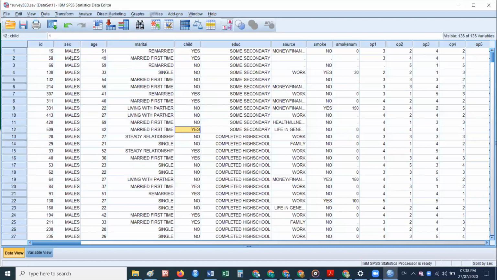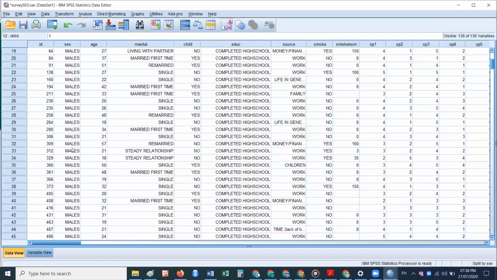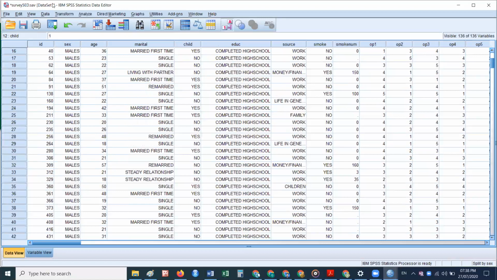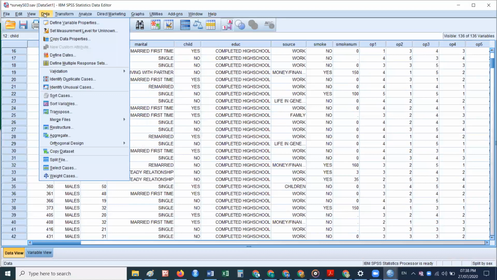Right now I am using the data as ungrouped data, because all the data is there. It is raw data, or ungrouped data. If you want to describe the data with respect to a frequency distribution, then weight cases is an option.